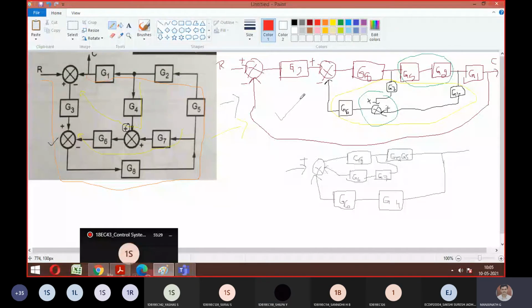By looking at this diagram, you can make G5 and G2 directly cascade. That is one elimination, that is step number 2. After step number 2, look at the things here. There is one summing point which is connected to G6, G4 and G7. So this is one block. Now look here. There is a barrier, so I can't solve the problem. You faced the same situation in the previous problem, right?